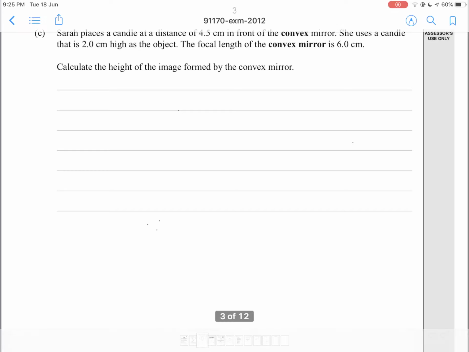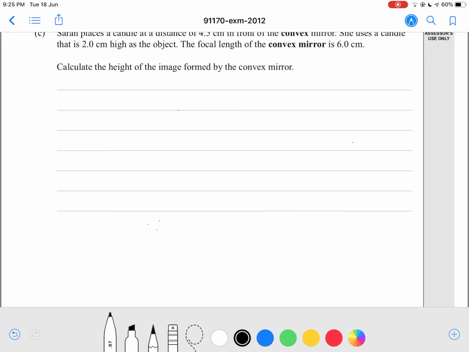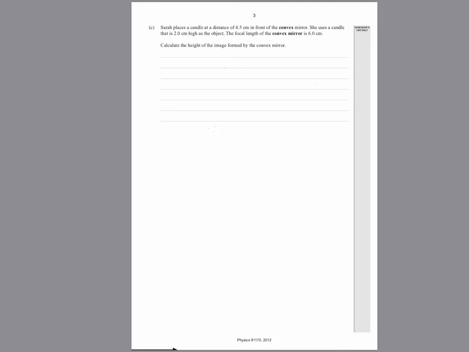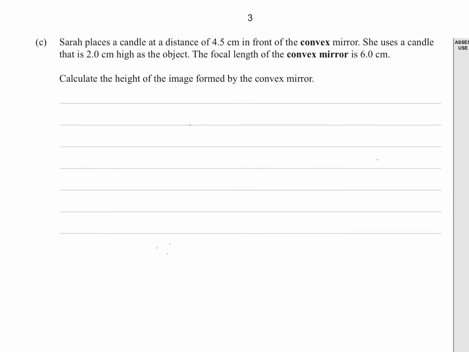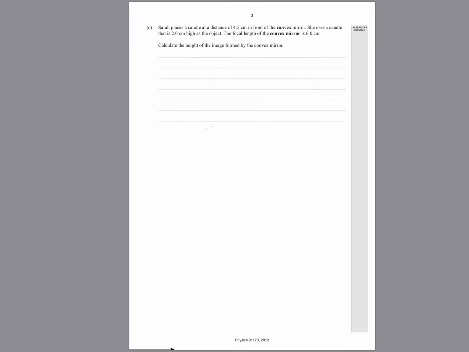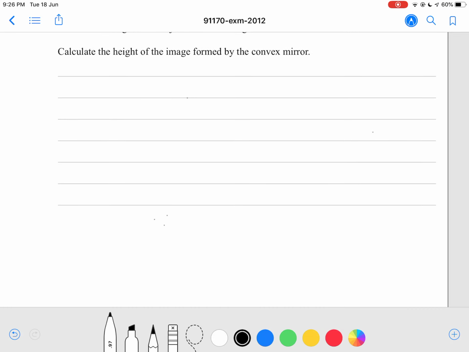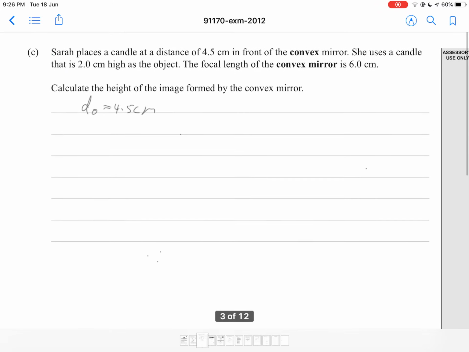Okay, so what did they give us? They give us the distance of the candle in front of the convex mirror. So the candle is 4.5 centimeters away from the mirror. Therefore the distance of object, our DO, equals 4.5 centimeters. We also know